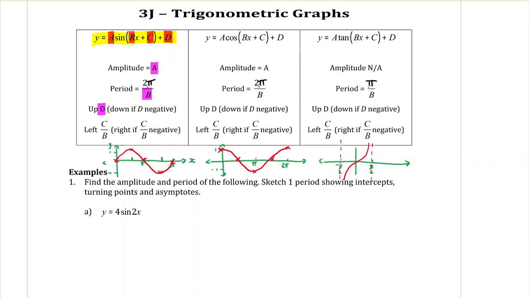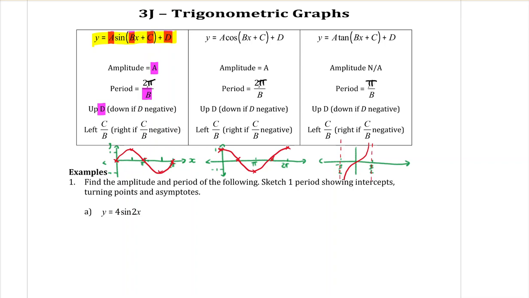And it says that if it's a positive number, you're going to move it to the left, and if it's a negative number, you're going to move it to the right. And it says the same thing for the cos graph and the tan graph. I find that's tricky to remember if you write it like a formula like that. You might like the formulas, that's fine, but for me, instead,